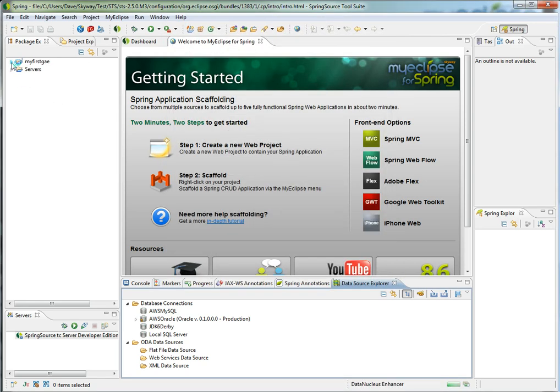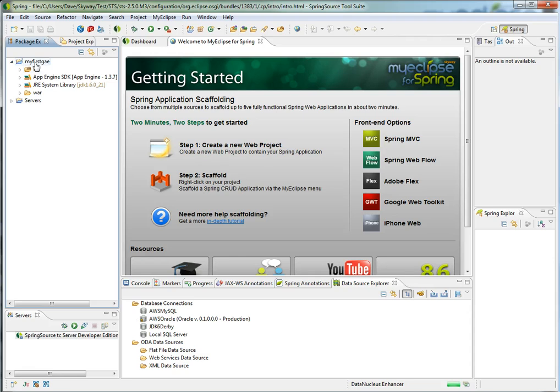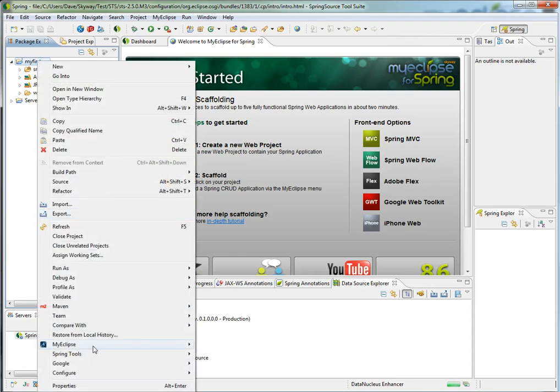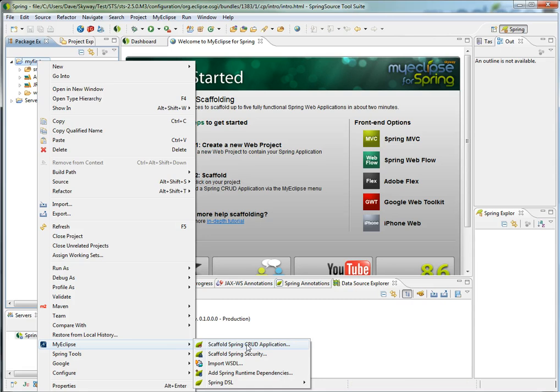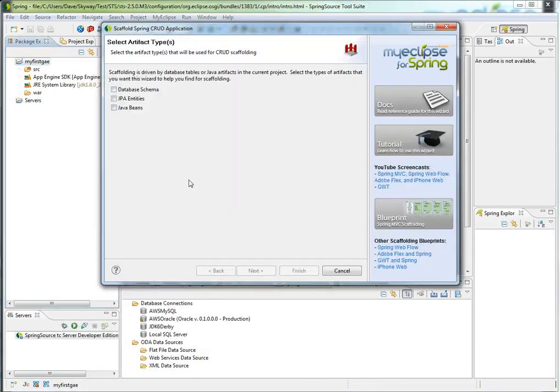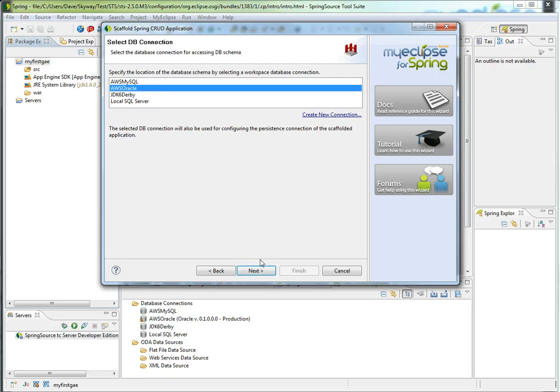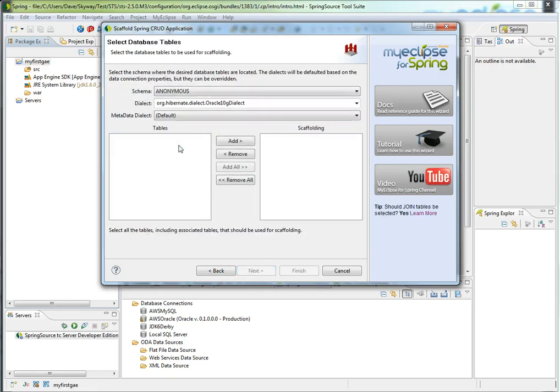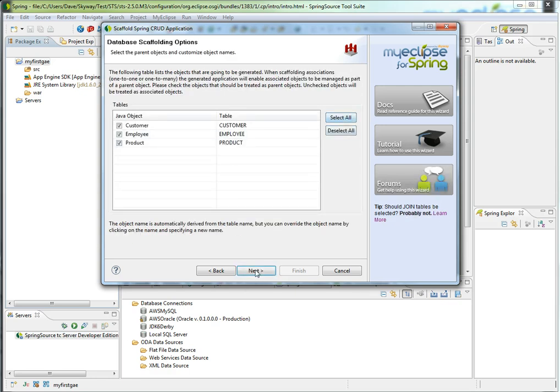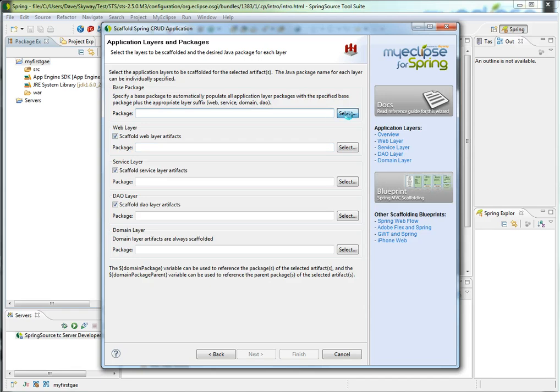That's the first step. The second step is to scaffold. So to do that, I right-click my project and go to MyEclipse, Scaffold Spring CRUD application. Now this wizard is explained in many tutorials, so I'm just going to go through rather quickly, but I'm going to choose Database Schema. And I will choose some tables from my Amazon Oracle database, and I will bring over customer, employee, and product, and then I'll select all in this pane and choose my application layer, my package here,